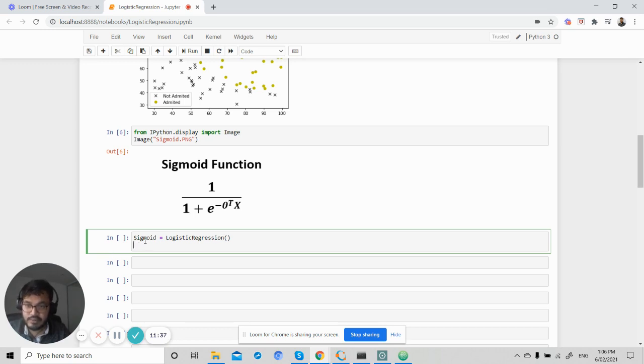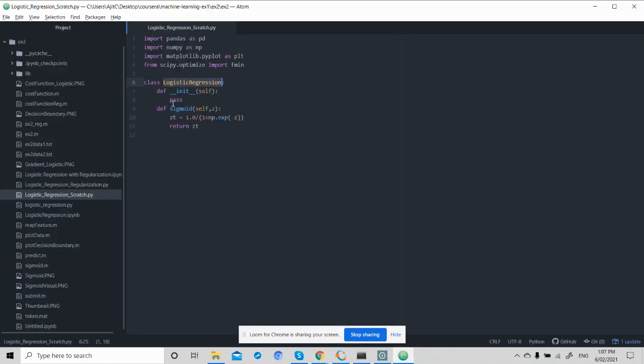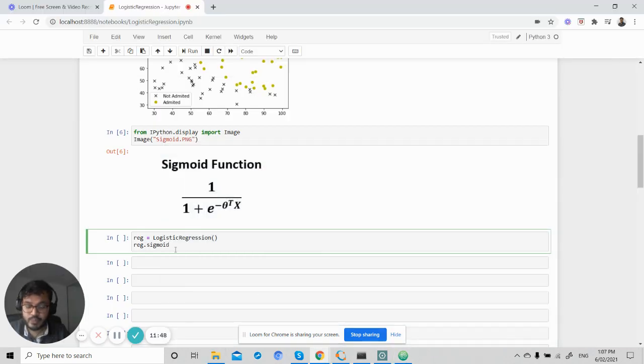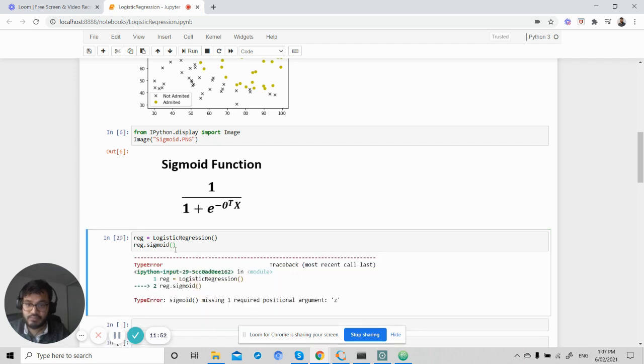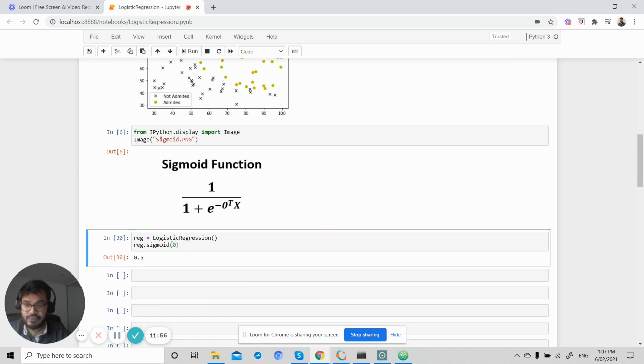Let's give it another name, Equation. Let's give it vector sigmoid. Let's pass my value 0. So if we do 0, that would be,